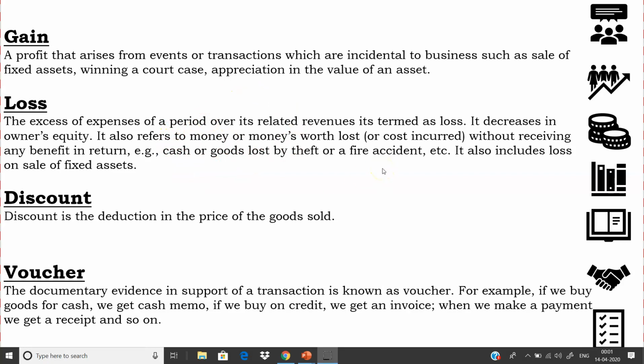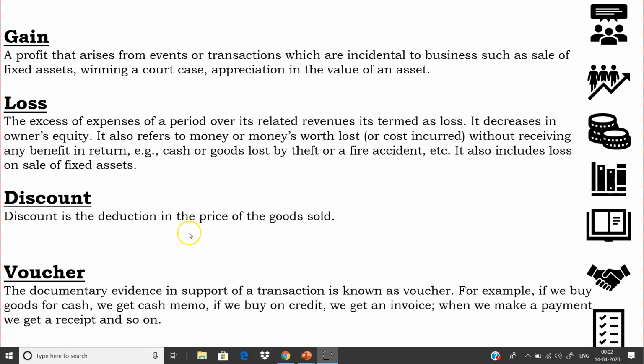That is goods lost by theft. I left my store open, or the staff that I have kept for entertaining my customers took one of the suits at her home, and the next day I couldn't find it. I cannot blame her, or we are not going into that part, but it is actually a loss for me. I bought it for 400, but now I cannot recover it from my customer. I can even not earn profits on it. So that thing is a loss for me. Or even if I had kept cash in my drawer and next day I cannot find it, someone took it or it was stolen by someone, then also it is my loss.